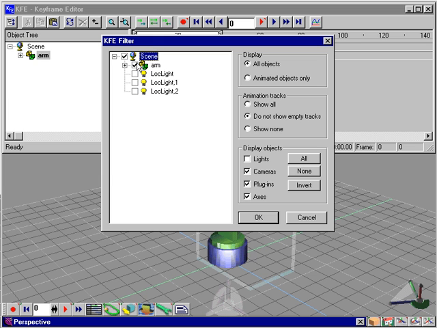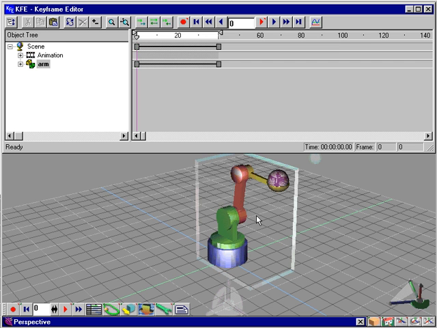This is where you can select what items are shown in the object tree. You can select individual items on the left, as well as select between displaying all objects or animated objects only. In the animation tracks, you can show all, do not show empty tracks, or show none, as well as set or clear certain types of objects such as lights and cameras for display in the KFE. For now, we're going to tell it to show all and click OK, because I'd like to show you we